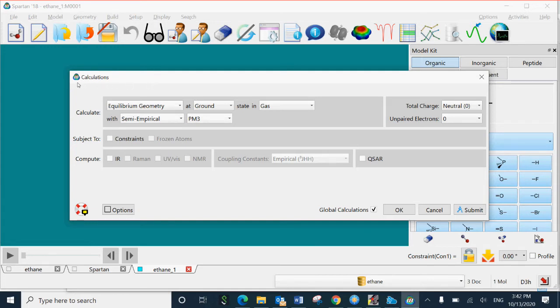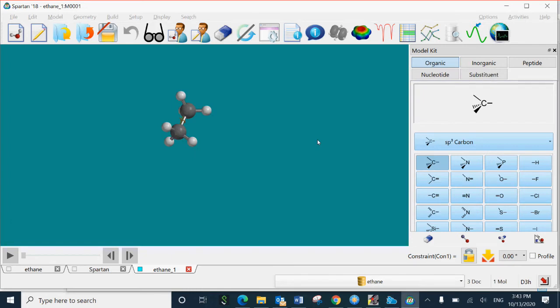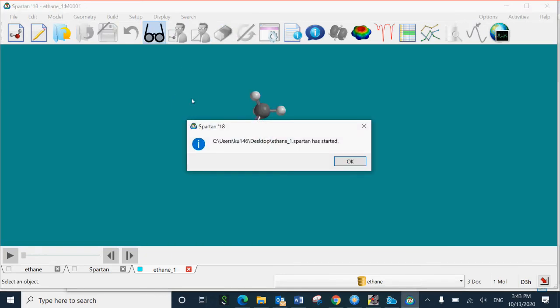So you need to always select semi-empirical PM3 for calculation. Other things will remain as they are. Then click on submit. When you submit, you will get a message that Spartan has started calculations. And when the calculation is complete, you will get the message that the calculation is completed.